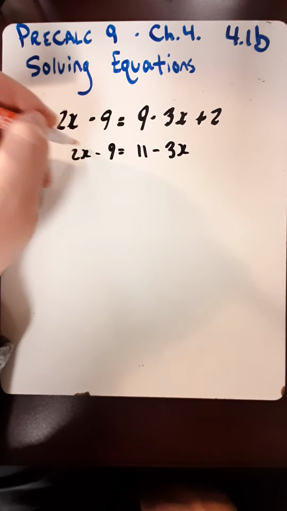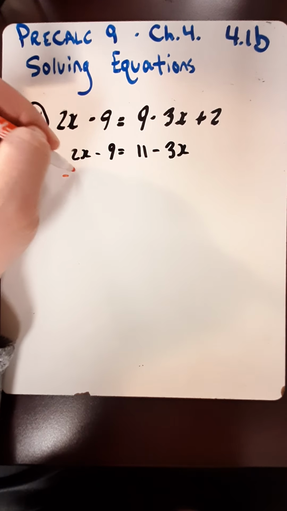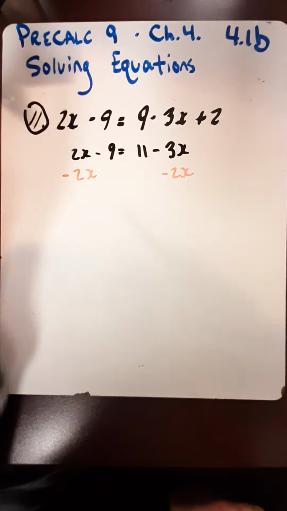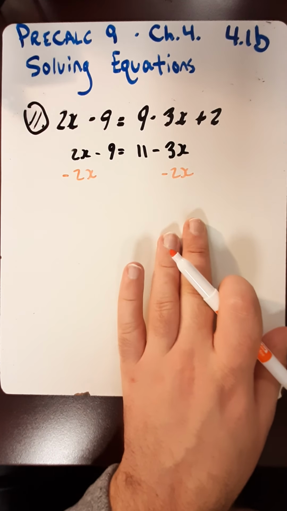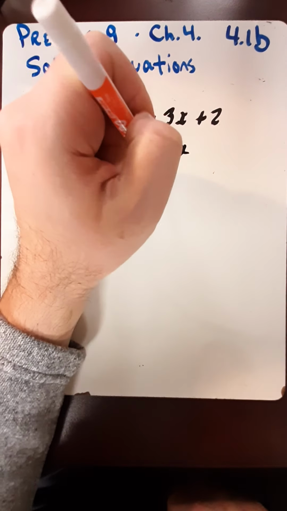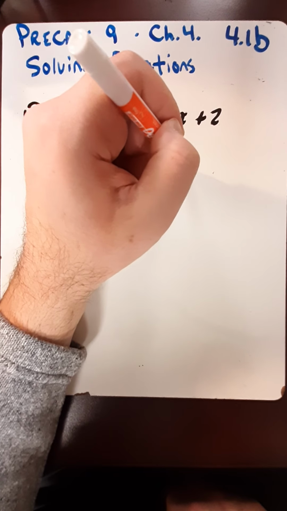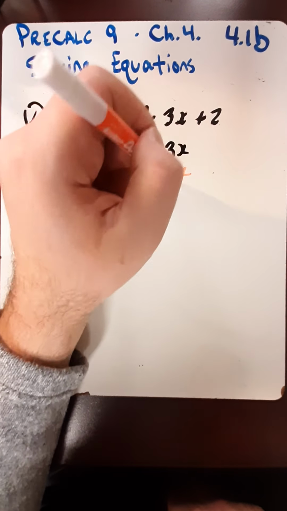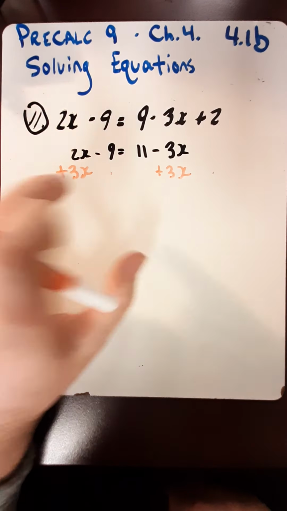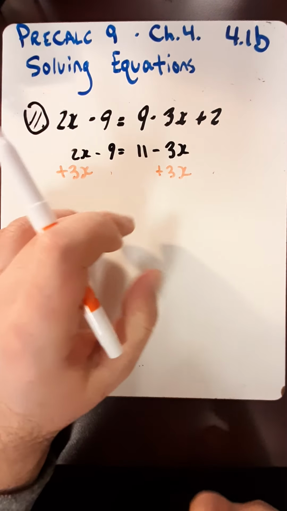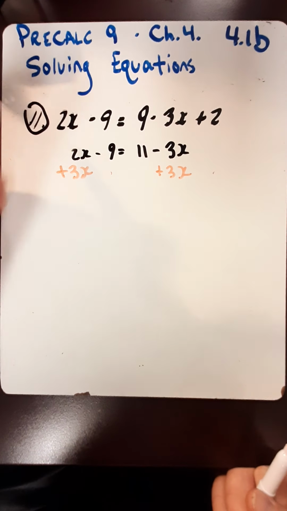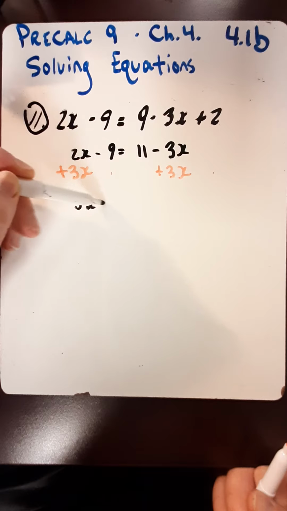I could either get rid of this positive 2x over here by minusing 2x, and then we would just have x's on this side of the equation, or the other option, I could add 3x, and that would cancel the x's on this side. Minus 3x plus 3x would be 0, and then I do it to this side as well. So that's a choice, and some students will prefer to do it one way and some the other way, and there's no right or wrong way. So 2x plus 3x gives us 5x. 5x minus 9